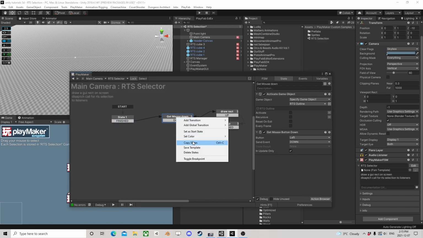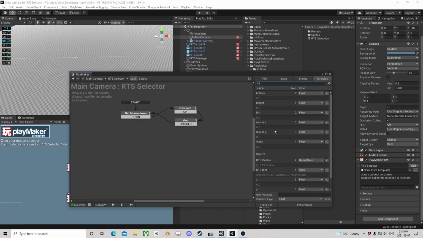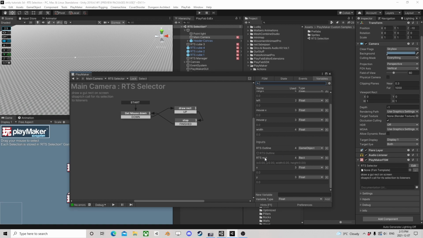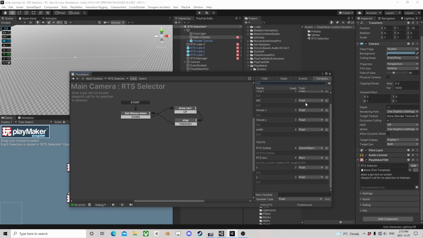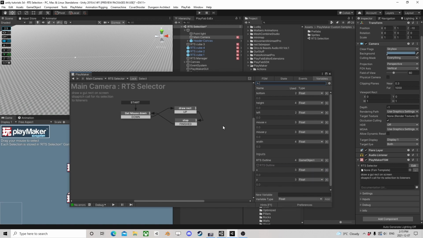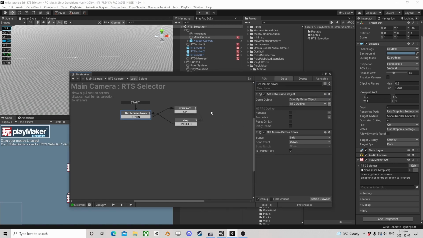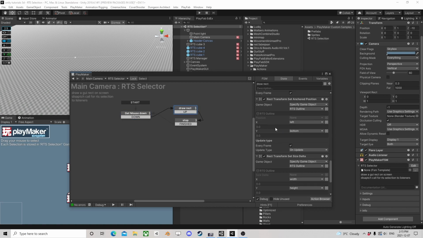It'd be even easier than this. This RTS rec, we can just move that to a global variable